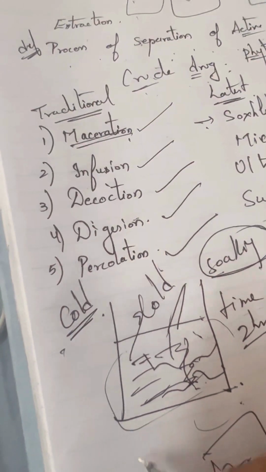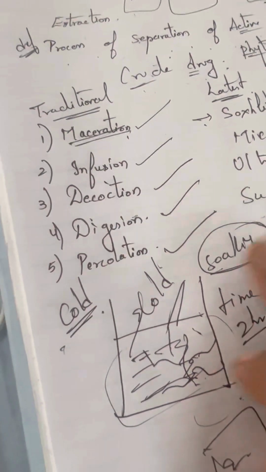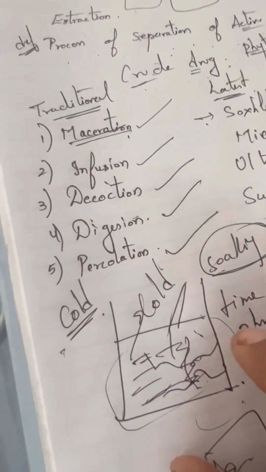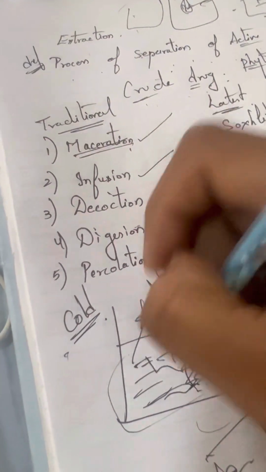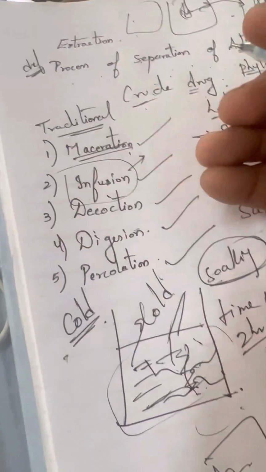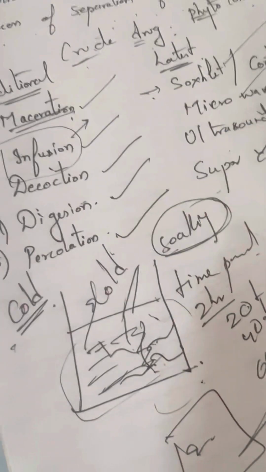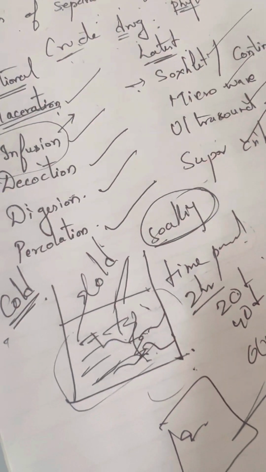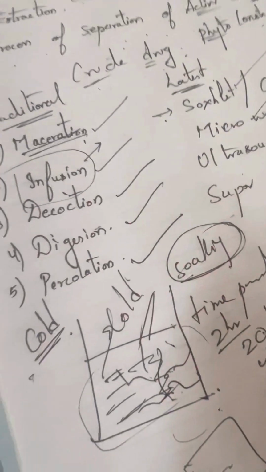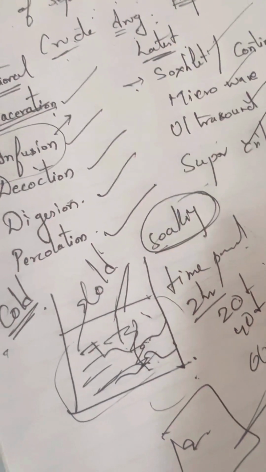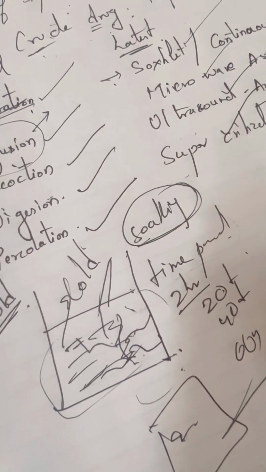Because we are not applying any sort of heat in these processes, thermolabile substances can be taken. That is the maceration process or infusion process. In the infusion process you take a solvent system which is cold in nature, in chilled condition, at a temperature of about